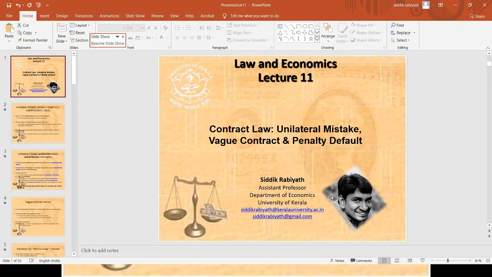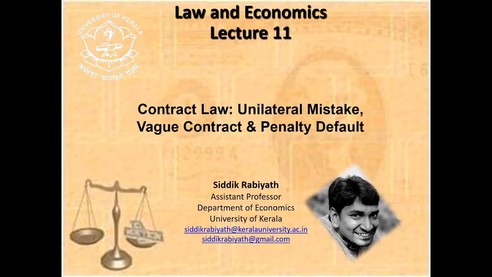We are going to have today's lecture on contract law. This is in continuation with the 10th lecture. This lecture is on unilateral mistake, vague contract terms, and penalty default. As we discussed in the 10th lecture, we covered a couple of points, such as whether your contract is valid if you are really drunk, and we also discussed the invalid contract and different other contexts. So today,